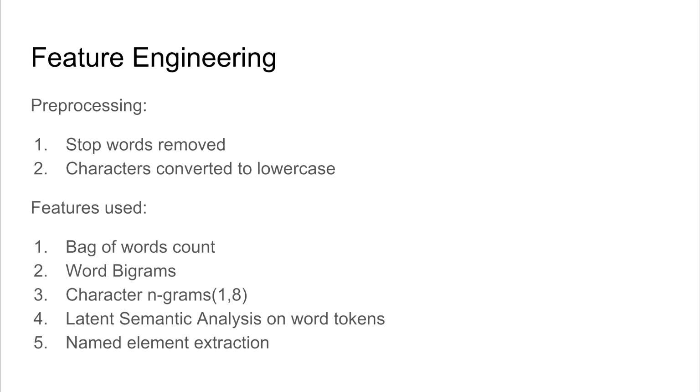Apart from that, latent semantic analysis on word tokens was used and features extracted from that were used in the model. So latent semantic analysis helps in analyzing relationships between a set of documents and the terms they contain by producing a set of concepts related to the documents and terms. When used, I saw the accuracy increase significantly, so I kept this feature. Apart from this, named entity extraction was used, as certain questions would contain important names which would indicate towards the answer and would give the most information gain.